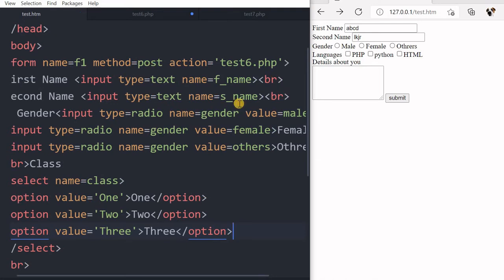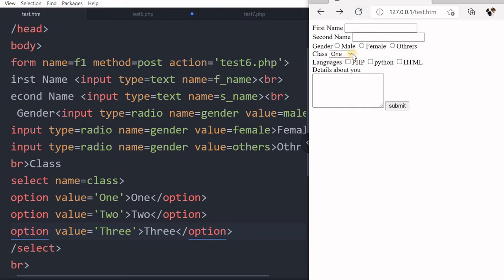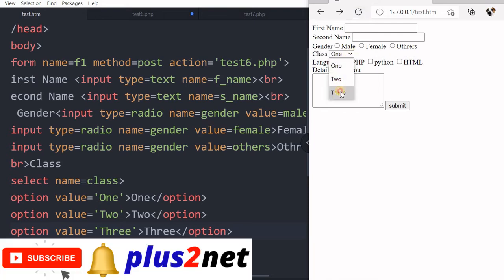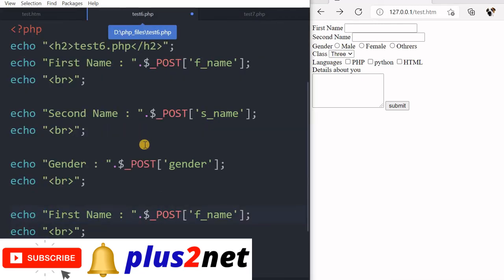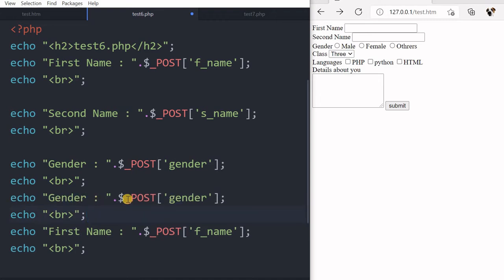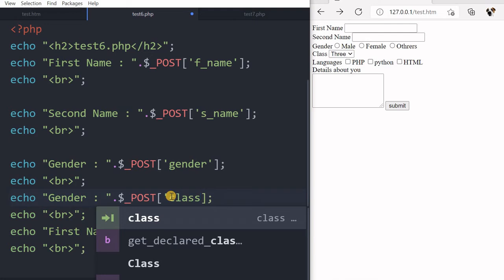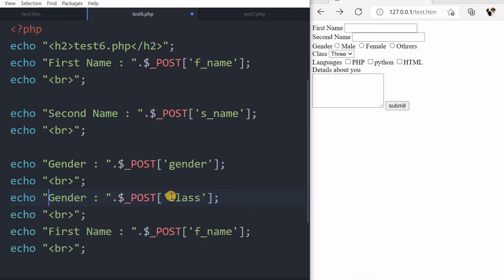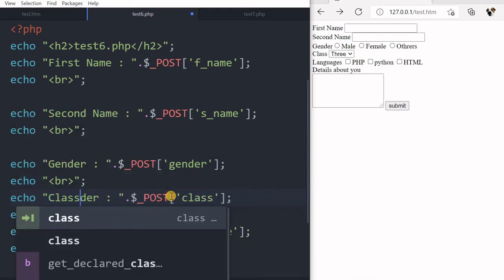Now I am saving this. Now refreshing this. Let's see how it is. Yeah, class is 1, 2, 3, whatever it is coming. So after radio button, let me capture the class part. So here name, gender. Then here I will just copy this and put the class. Remember the name I have given is class, so I can say class. So here in place of gender I will say class. The label only, text part I have changed.